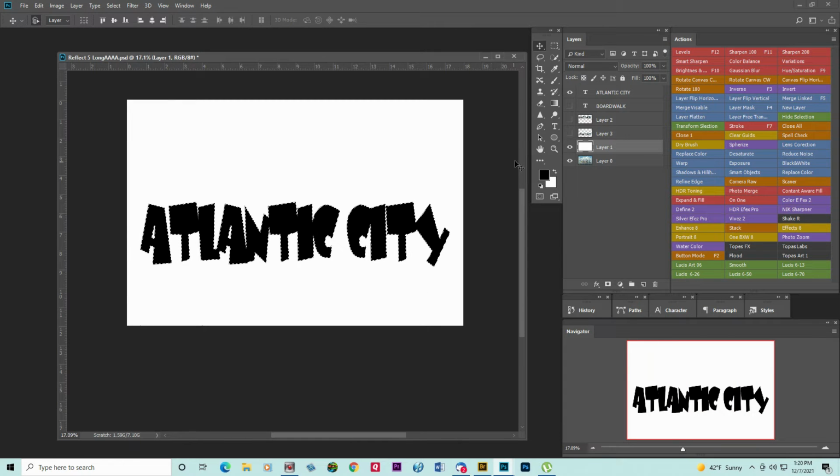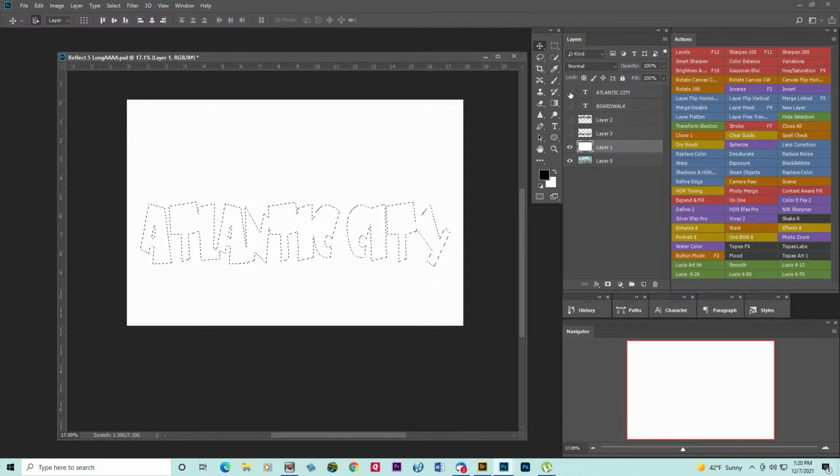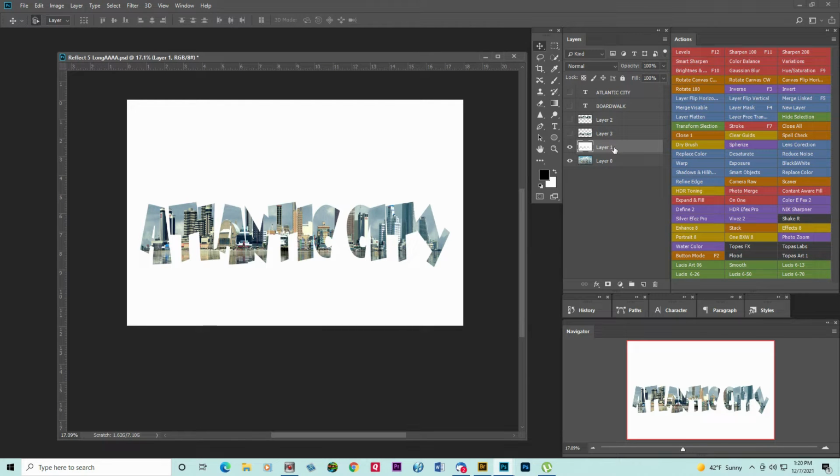So the next thing I want to do is click off the text, and make sure that I'm selected on the layer, and do Control X to cut. And as you can see now, the text is cut out right along the skyline. The next thing I want to do is stroke the